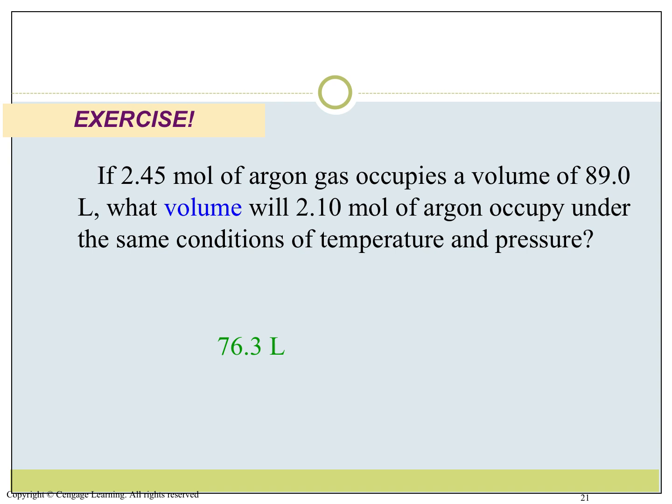Try one here just with this example with moles and volume. Okay, got the answer there, a little peek. It says 2.45 moles of argon gas occupies a volume of 89 liters. What volume will 2.10 moles of argon occupy under the same conditions of temperature and pressure? So it's saying as long as things don't get hot or cold or whatever, what will the volume be? What's the expectation here? Will volume go up or down?